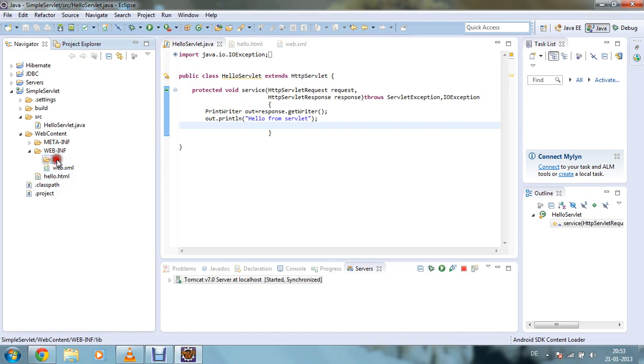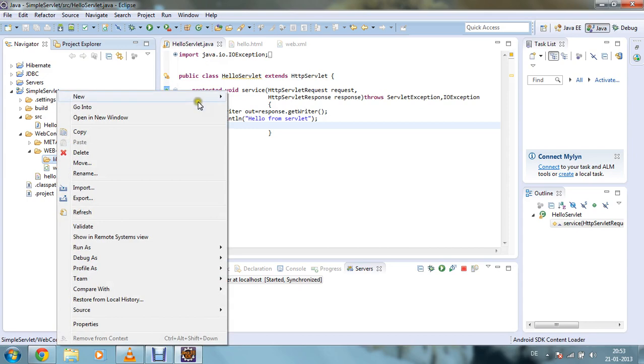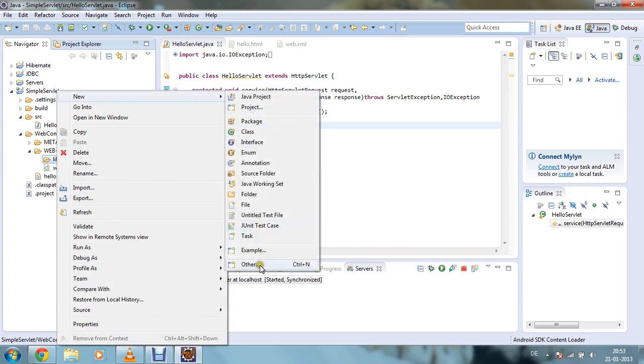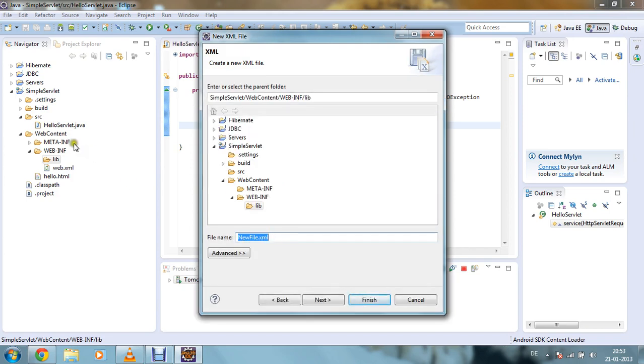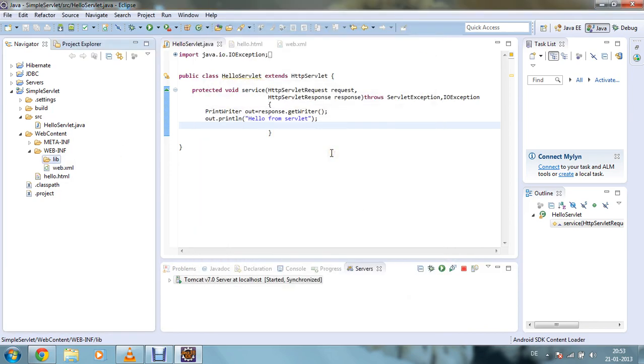So you can go to your lib folder and right click on that, select New, and then click Other, and in the Other folder you have the XML file option. After that you click Next and write the name as web.xml and click Finish, so your XML file will be ready.